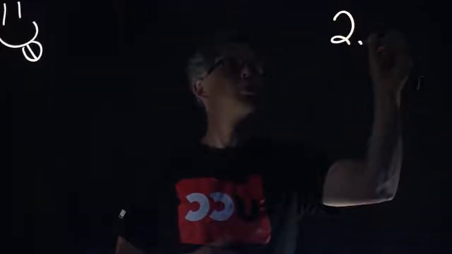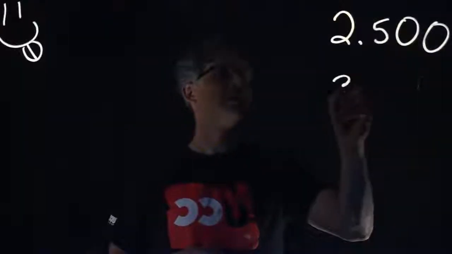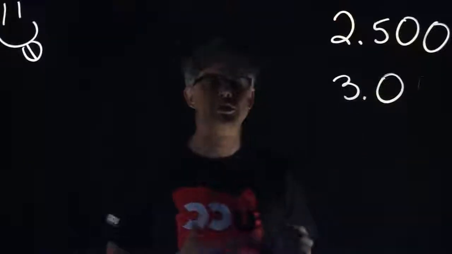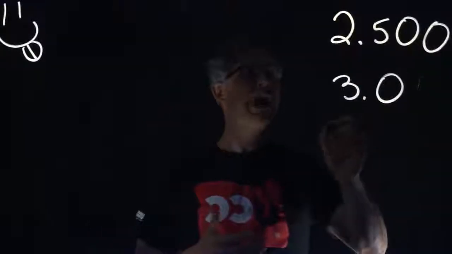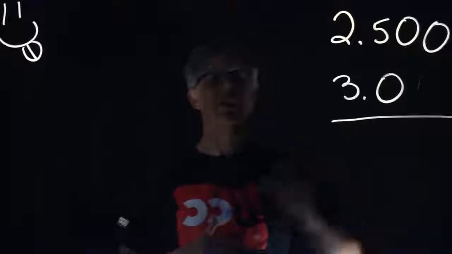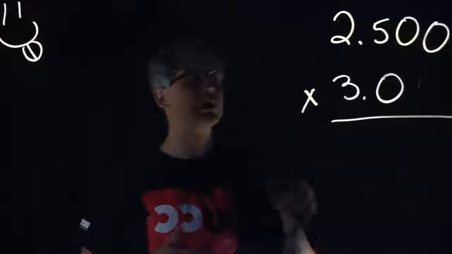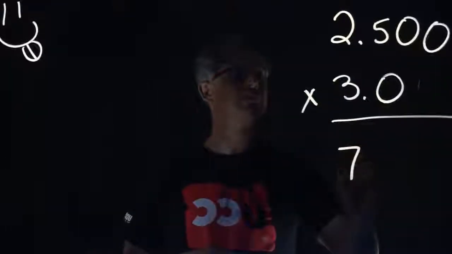So the other rule that we use with significant figures is when we're doing calculations that involve multiplication and division. And so that has a different set of rules. So if I take two numbers and I were to multiply the numbers 2.500 and 3.0, then again, if I do that calculation on the calculator, so if I'm multiplying, then the calculator is going to tell me that that number is